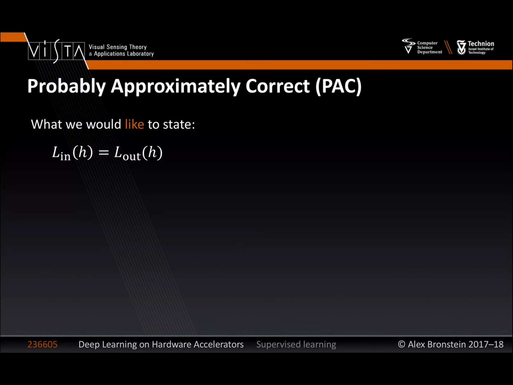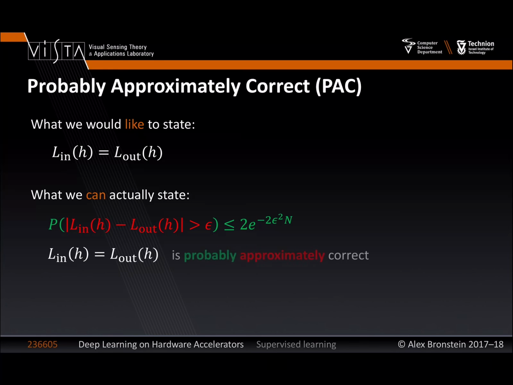And conceptually, many things become possible when you put them into these settings. So something that you cannot say about being always exactly true becomes true when it is probably approximately correct. Okay, so basically we have this statement, this tail bound, essentially equivalent to saying that the in-sample loss equals the out-of-sample loss. That this statement is probably approximately correct. Okay, so